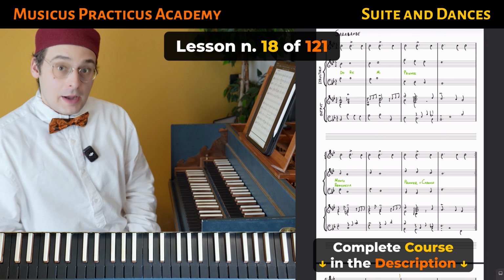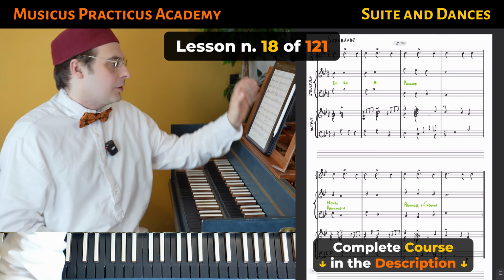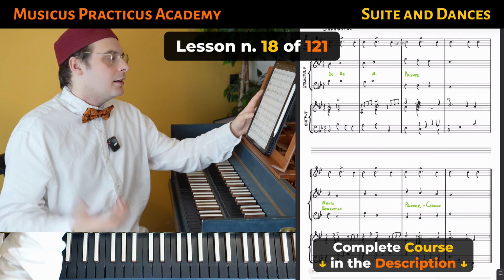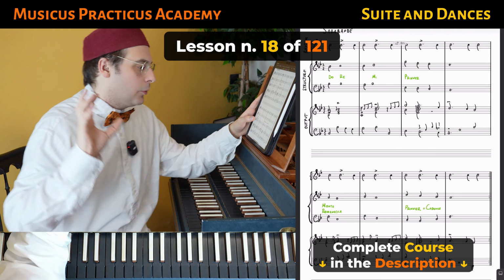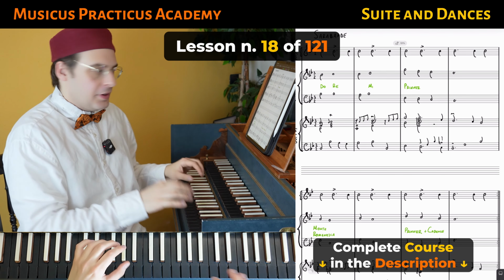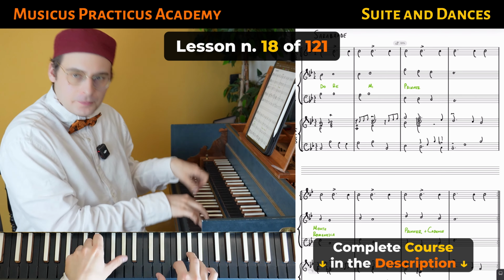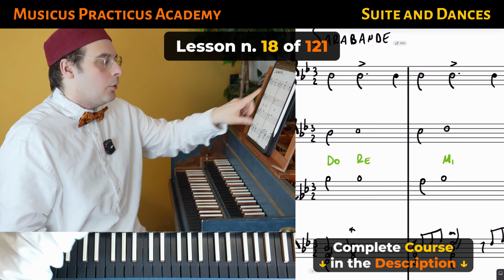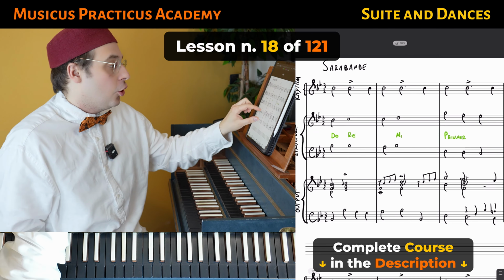Saraband. Let's compose now our saraband. This is the first saraband in B flat major, and here we are combining this rhythm. We are starting with this rhythm, playing just the rhythm. I'm playing a B flat major chord, enhancing the rhythm, where we have the saraband syncopation on the second